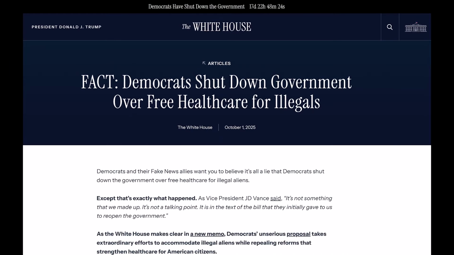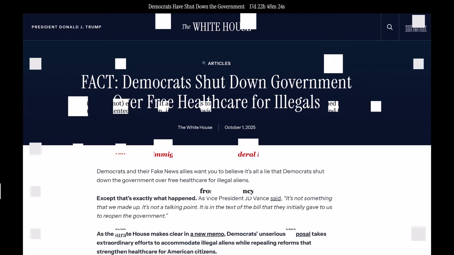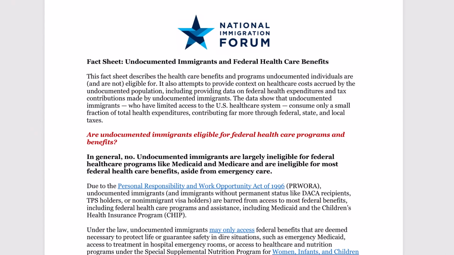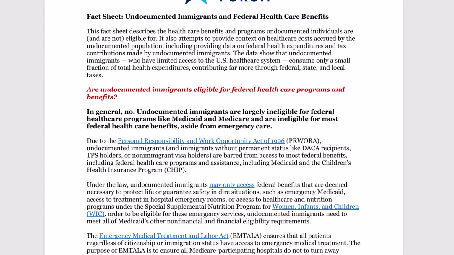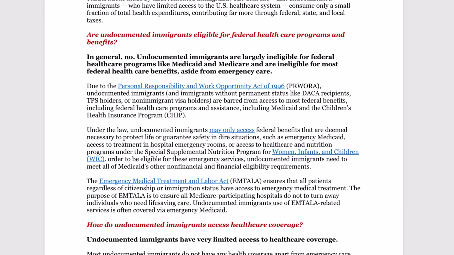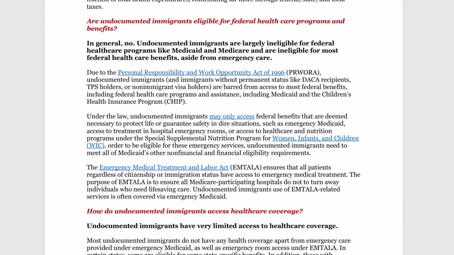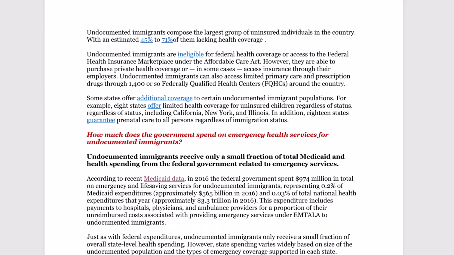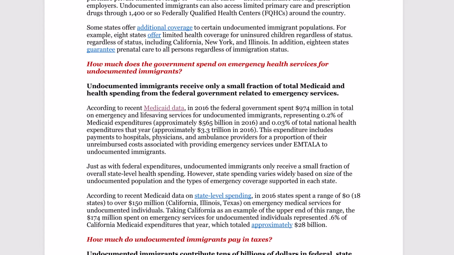The White House claims that Democrats shut down the government over free health care for illegal aliens, and the Democrats' proposal would result in nearly $200 billion spent on health care for illegal immigrants and other non-citizens over the next decade. While many have pushed back against these claims, even the National Immigration Forum, an immigrant advocacy nonprofit, published a report in 2022 showing that undocumented immigrants do consume a small fraction of total health expenditures,